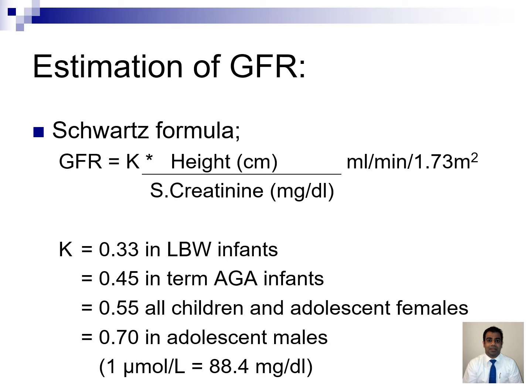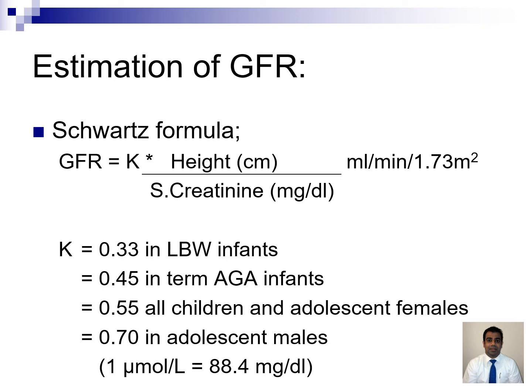The serum creatinine has to be in milligrams per deciliter, and the value you get is in milliliters per minute per 1.73 meters squared. So your GFR, or the glomerular filtration rate, is calculated basically based on your height and serum creatinine. This K value, or the constant value, is 0.33 for low birth weight infants less than 1 year,